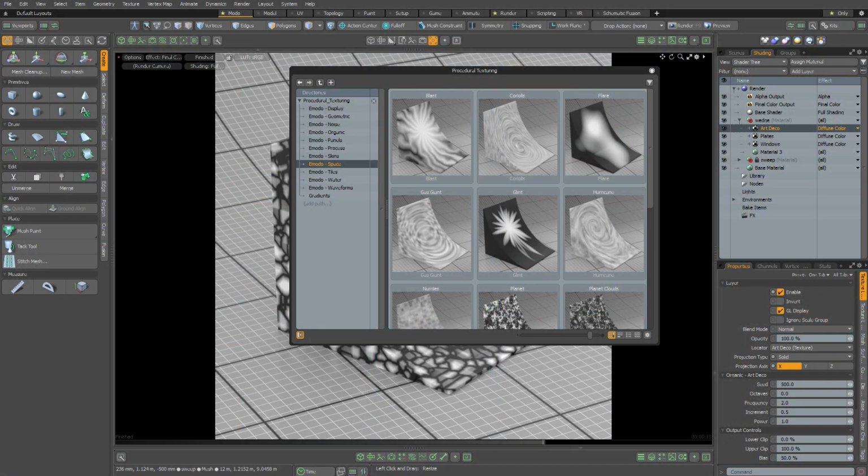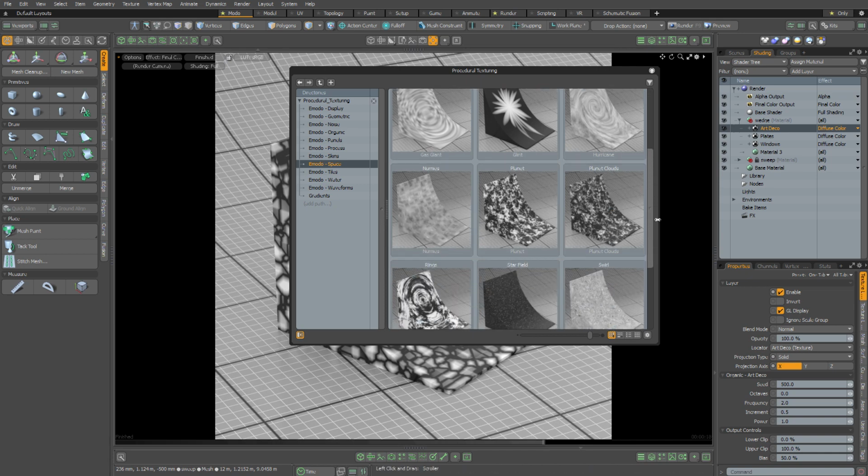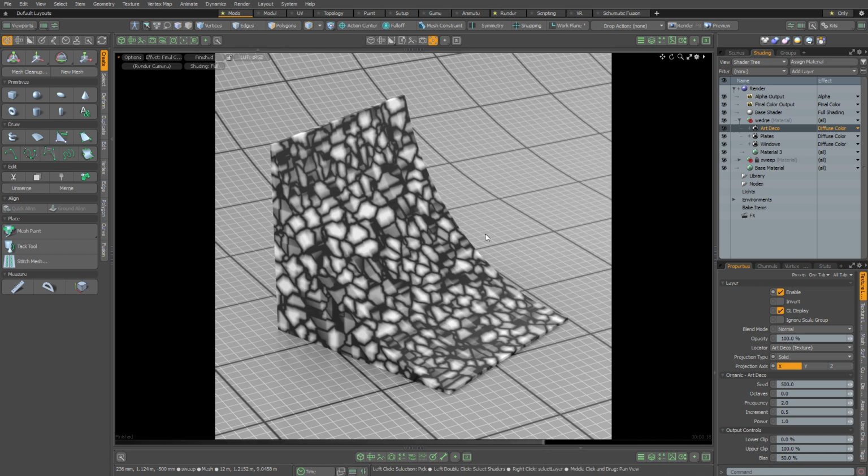I've made a small update to my procedural texturing kit, and the purpose of this update is to make the thumbnails a bit more useful. So as I'm sure you already know, most of these procedural textures in Modo don't require a UV map. You can simply apply them using the solid projection type, and that's going to wrap the 3D texture around your mesh. And of course that's super useful, especially for meshes that are impractical to UV map, such as 3D scans